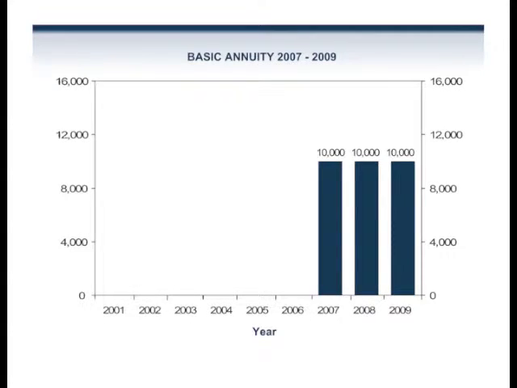Basic annuity, once again, tied to fixed income. It's totally supported 100% by fixed income investments, so it's going to mirror interest rates, and given where interest rates are, the 4% earnings assumption is about where we are in interest rates. So we don't really expect a change in the basic annuity over the near term. If interest rates should rise significantly or fall below that 4% significantly, then we would expect a change. But for now, the basic looks stable.